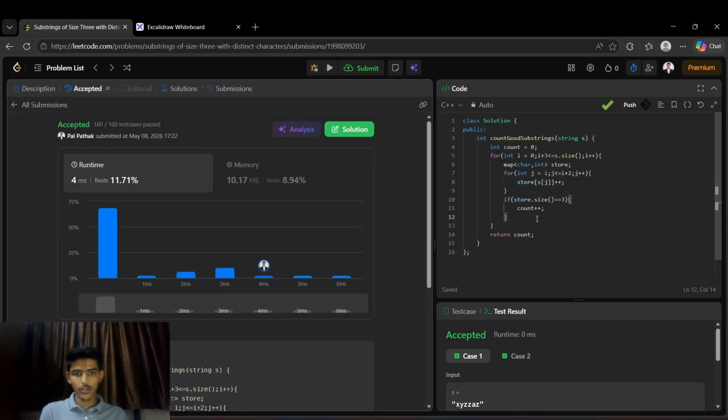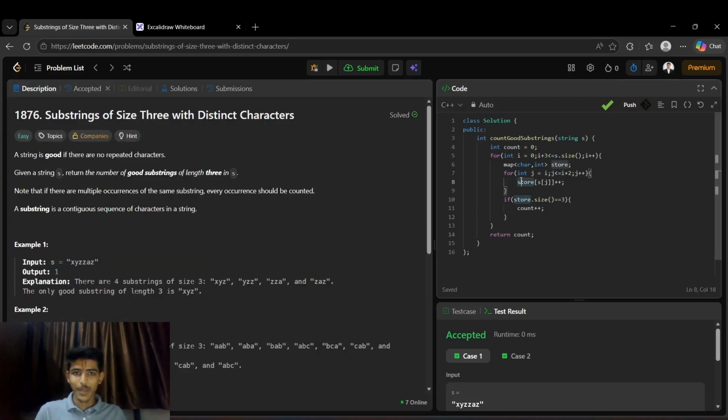So yeah, that also works. But as you can see, the runtime that it's beating and the memory, both of them are really low. You can just see how much less it is for both parts, both the complexities. So now you know that obviously it can be optimized further too, because we are using a hash-based structure